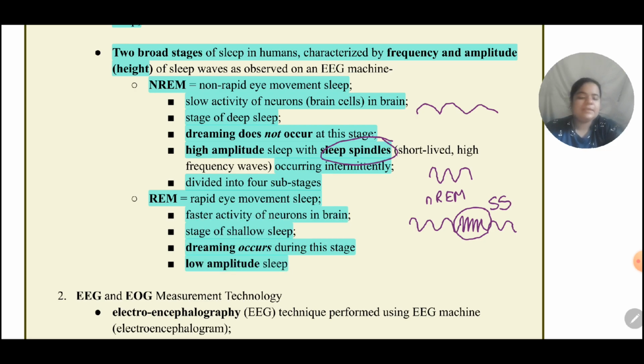If we look at the REM stage of sleep on the EEG monitor, we'll see flat waves. They are rapid, frequent, close to each other, but they don't have many peaks. They appear more or less flat. And I've explained to you already about amplitude. That means that in this stage of sleep, information is not really being consolidated. All neurons are doing their independent jobs. They are generating different types of sensations and images in our mind. So they are not really syncing with each other at this point,